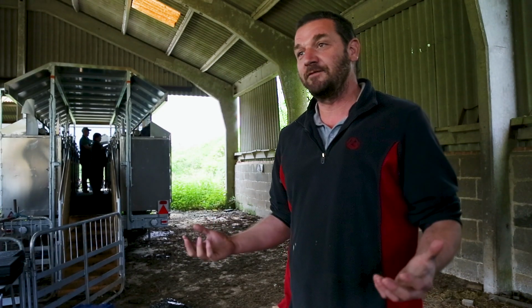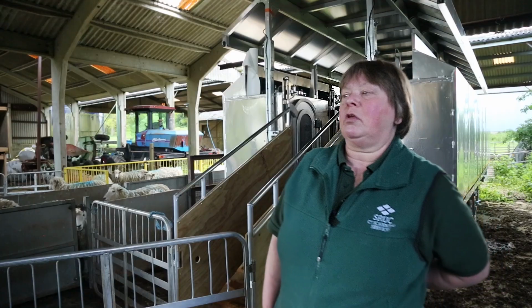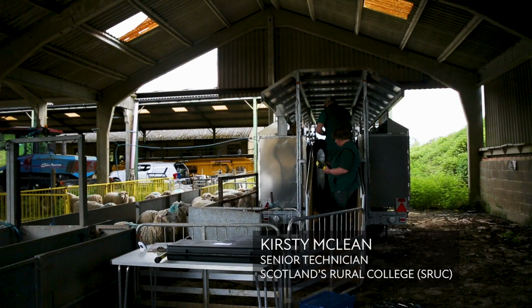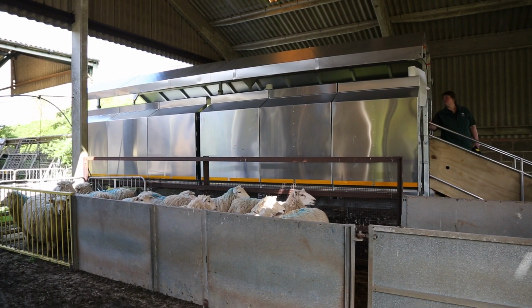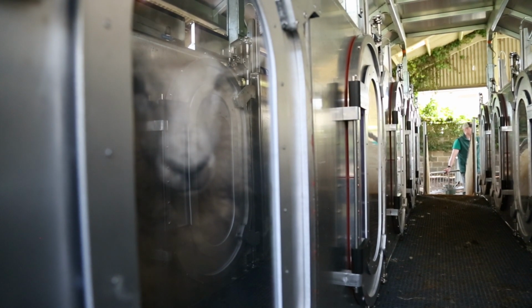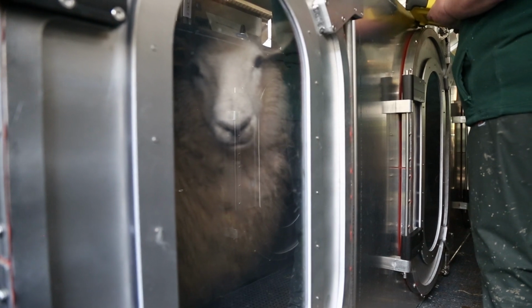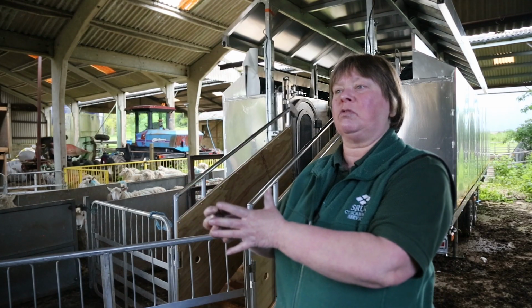We can either bury our head in the sand and just ignore it, or we can accept it and try and make the best of it. This has actually just arrived in the UK at the beginning of March, so this is our very first trip away with it. The chamber's basically just a metal box which is sealed, so it's got fresh air in there to start with. And so we basically are looking at how much carbon dioxide, oxygen and methane there is in that atmosphere. We start with the base level, and then at 25 minutes we'll take a measurement, and again at